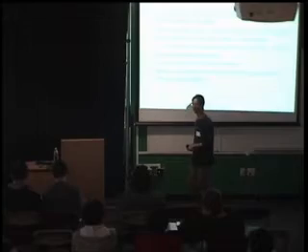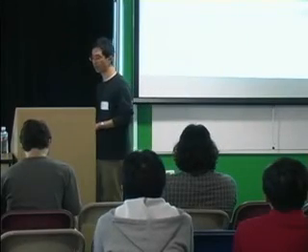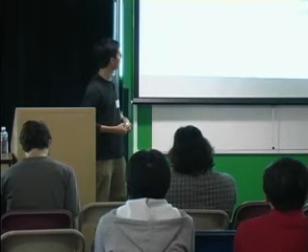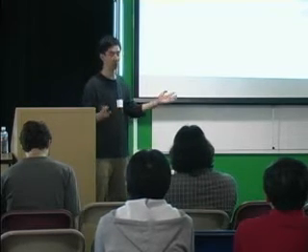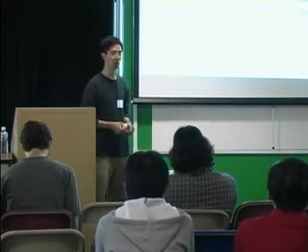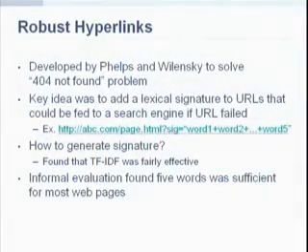So their idea was, if you apply TF-IDF to a web page and you find the words with the highest scores, then how many words would you actually need for this algorithm to work? And they found through some informal evaluations that 5 words is actually effective for finding most of the web pages that you want. So this is sort of a surprising finding. You only need 5 words, and you can usually get back to the web page you're looking for.